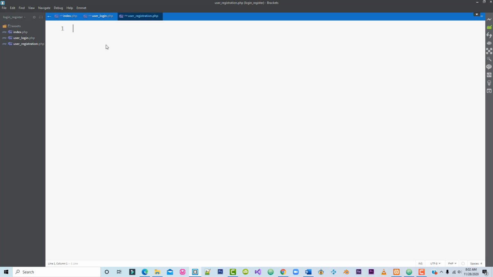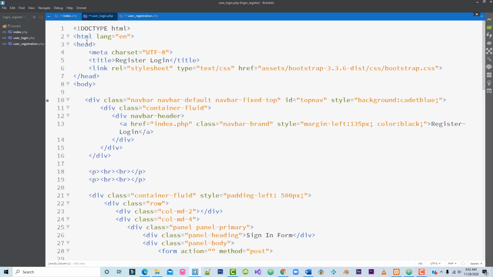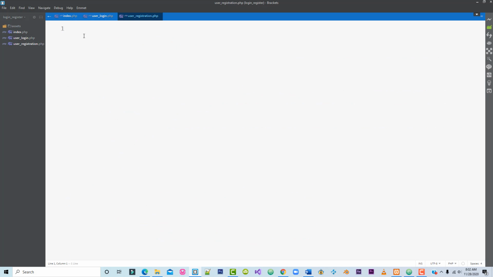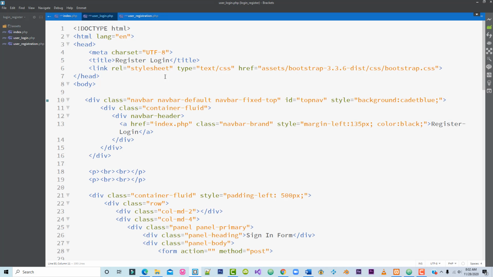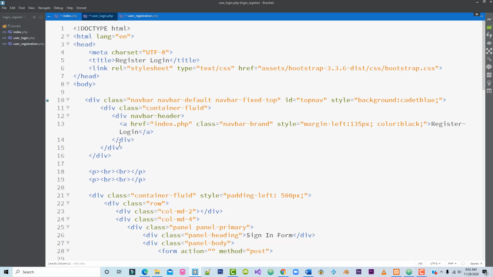What we are going to do, guys, is some copy and paste, because we have done user_login.php. Let's go back, and we can put a question mark and do that. I'm using Brackets on Windows. Okay, now let's copy. We got the body, create some space, go back to user login.php and copy